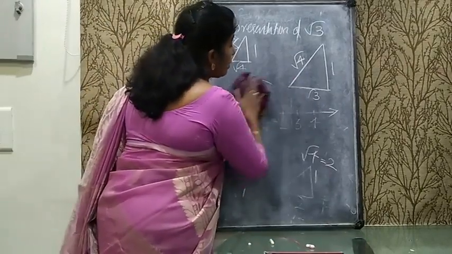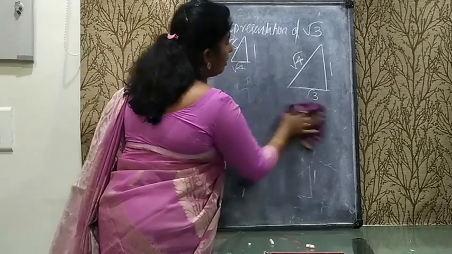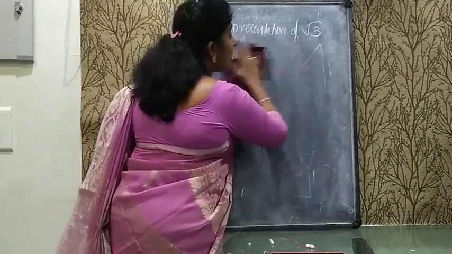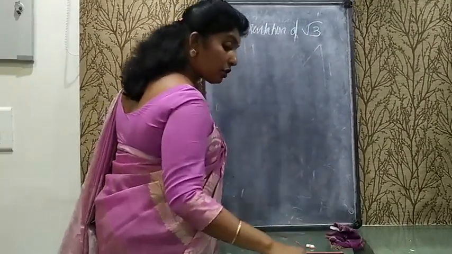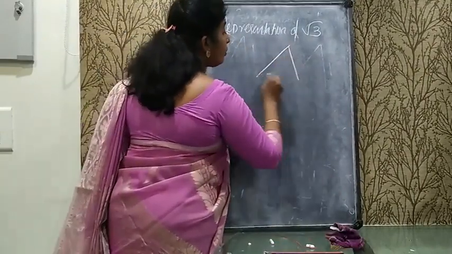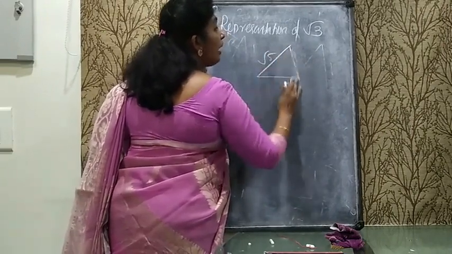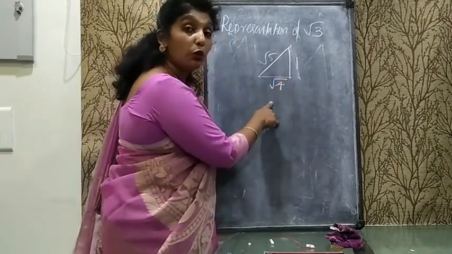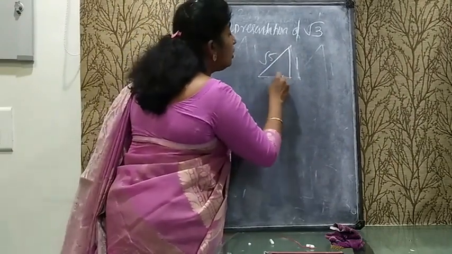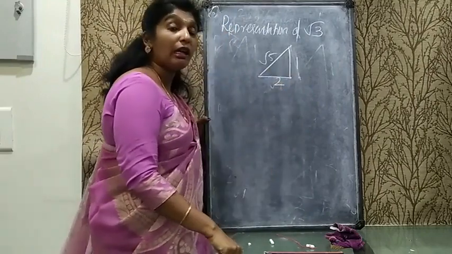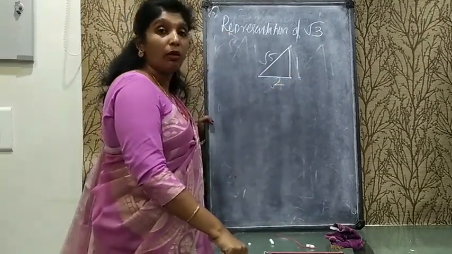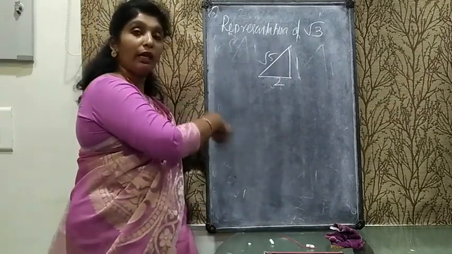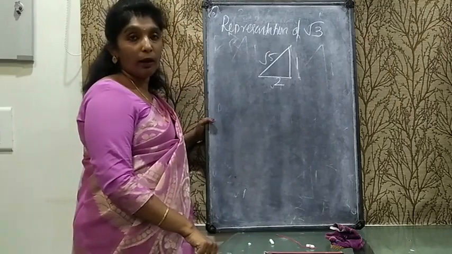Now suppose if they ask draw root 5 directly, then we can draw. Why can we draw root 5 directly? Already I showed, root 5 should be the hypotenuse. If root 5 is the hypotenuse, the perpendicular should be 1 and the base should be root 4. What is root 4? Root 4 is 2 unit. So 2 unit distance directly we can take in our number line. So root 5 can be drawn directly also, without depending on the spiral method.